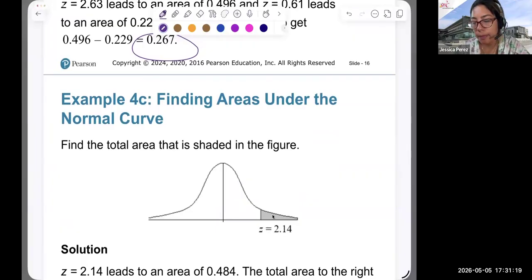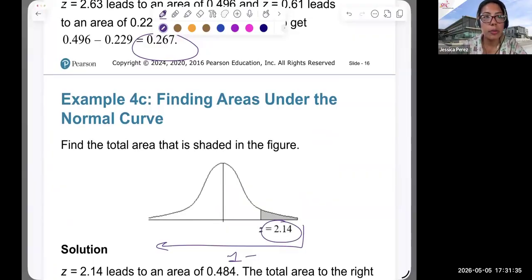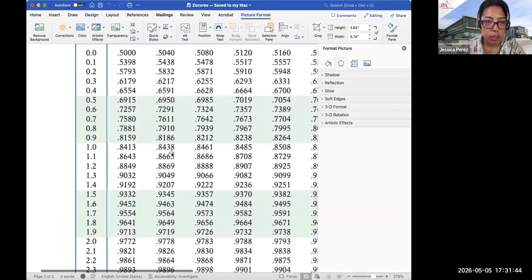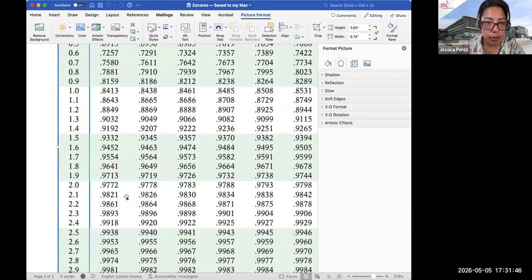I want to find this area. If you're trying to find this area, notice that the entire area is 1 minus the z-score of 2.14. So what I'm going to do is go to my z-score of 2.14 and subtract. So positive 2.14 is 0, 1, 2, 3, 4. So it's 1 minus